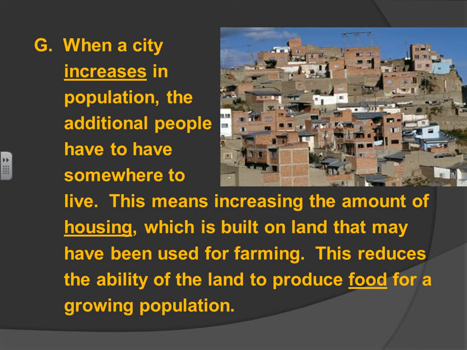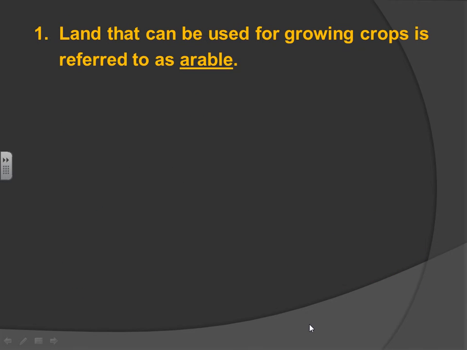So you have this catch-22 where you've got to have housing, but you've got to have land you can use for agriculture too. So there's this conflict over how do you use the land. Number 1, land that can be used for growing crops is referred to as arable. Not all land is arable. An example, if you've got land that is going up the side of a mountain, it may not be suitable